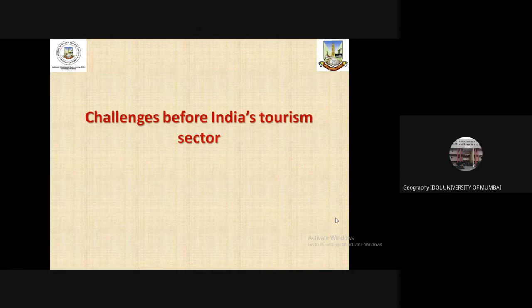Here, students, we have discussed various potentials for tourism development in India, wherein we have discussed that India is blessed with diverse culture, diverse socio-cultural traits, various historical monuments, and in brief, we have discussed how diversity in terms of culture, economy, and society in India can be considered as an important attraction for tourism development in India, particularly international tourism.